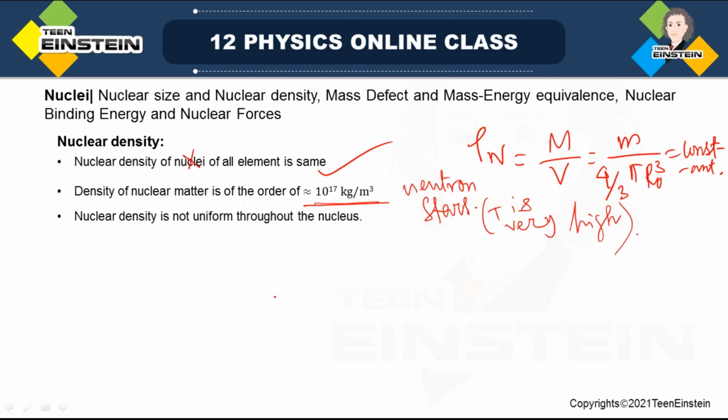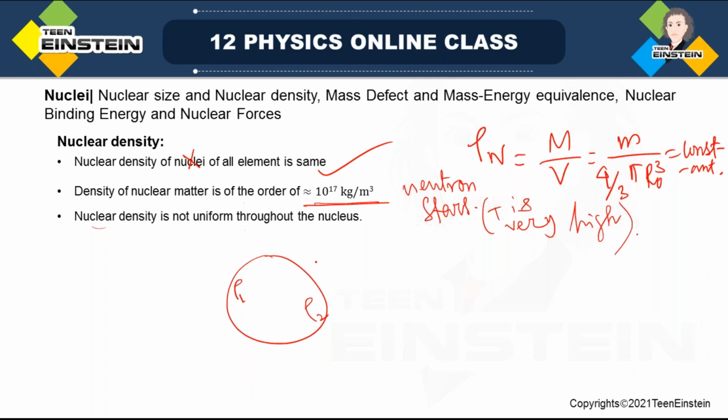Nuclear density is not uniform throughout the nucleus. Another point is that if you have a nucleus like this, it may be possible that the density is rho 1 here and rho 2 here. So density is not uniform. That is what is said here. So density is not uniform in the case of the nucleus. These are a few points you should remember